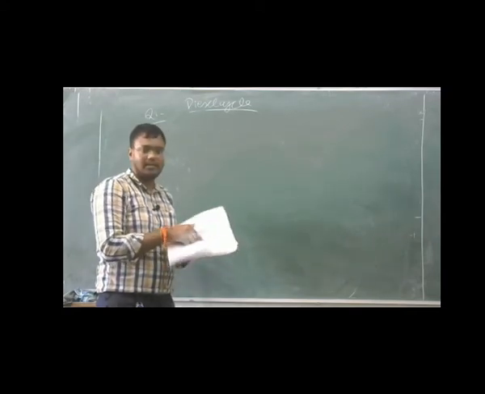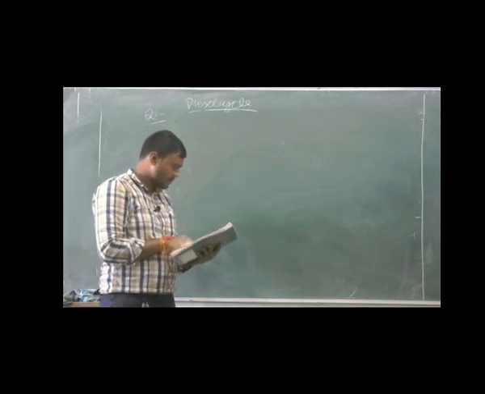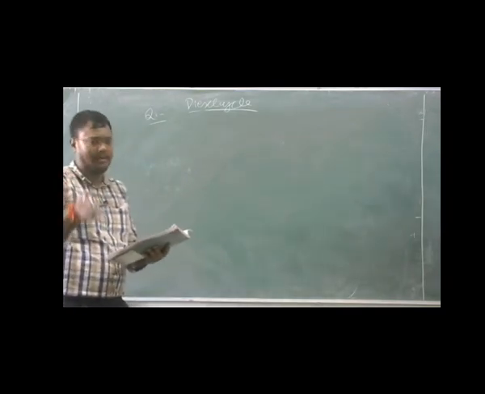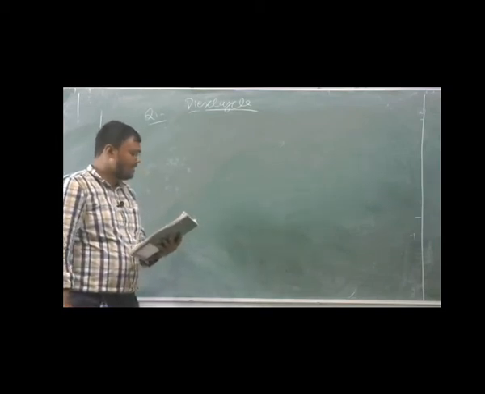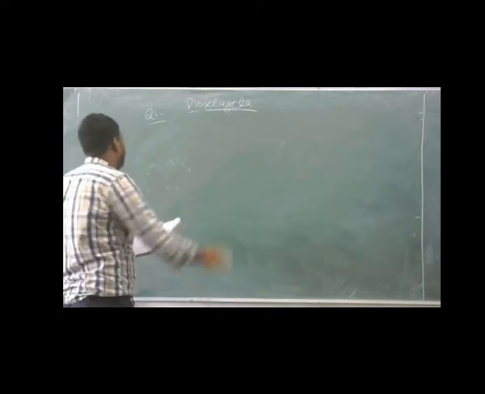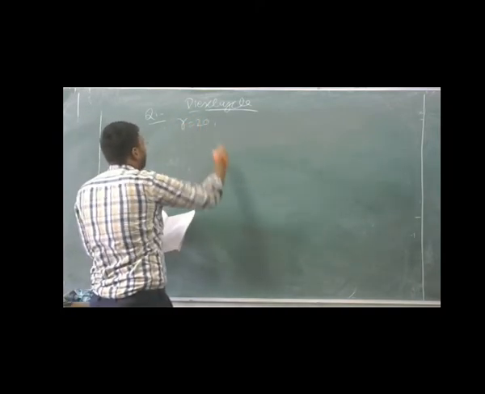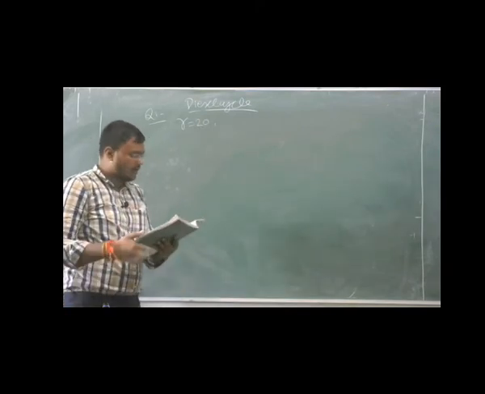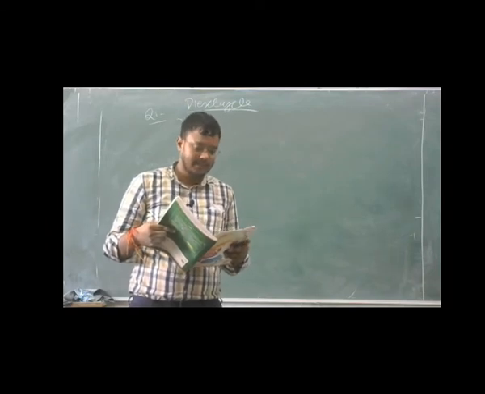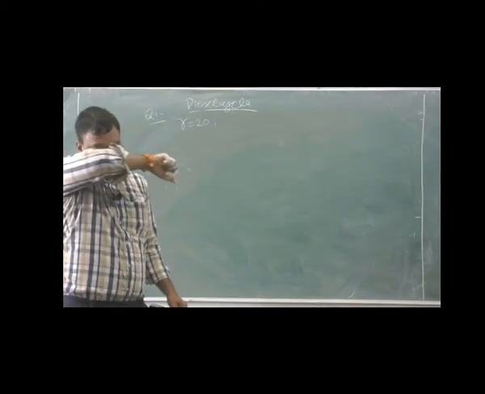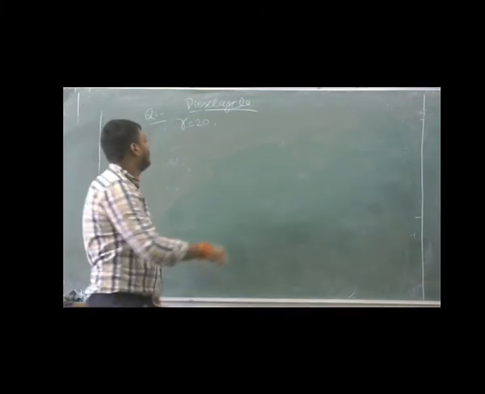this one is a little bit more difficult than the previous question. I am solving the questions according to difficulty level. In this question it is given that a diesel engine has a compression ratio of 20, R is equal to 20, and cutoff takes place at 5% of the stroke. Find the air standard efficiency, it is asking.